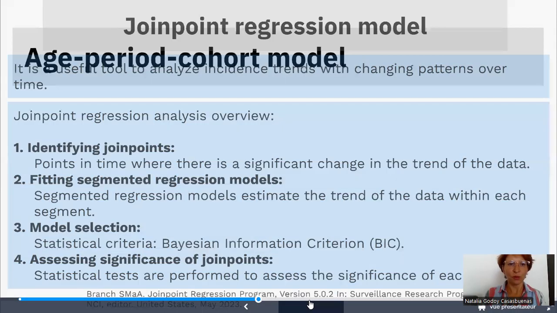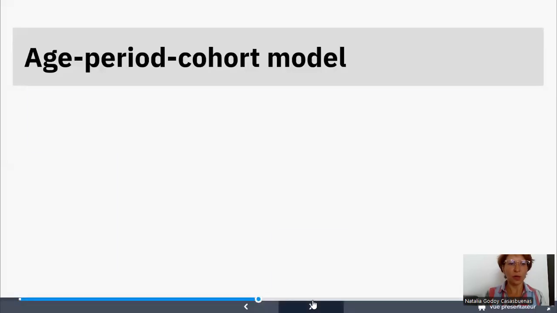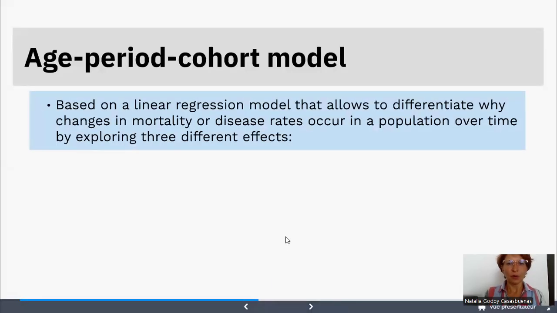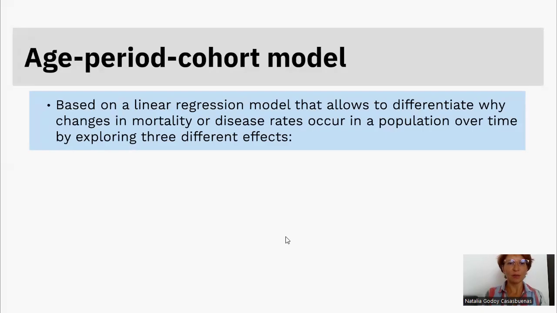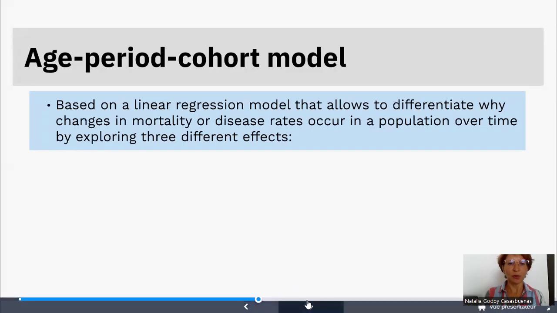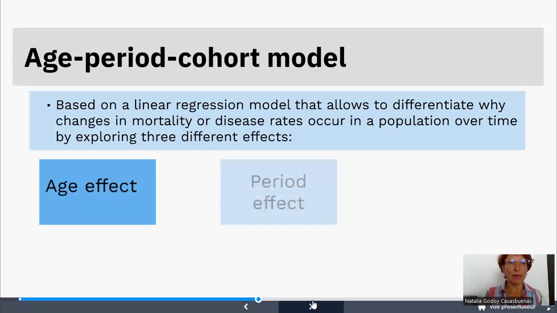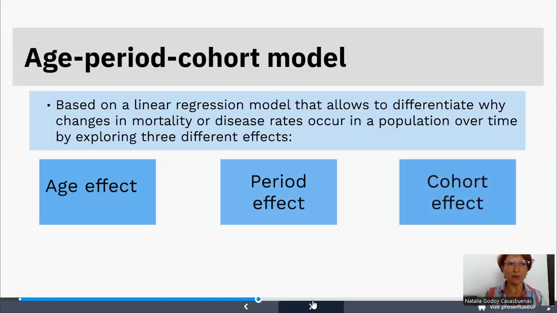The second method we used are age period cohort models, which are based on a linear regression model that allows to differentiate why changes in mortality or disease rates occur in a population over time by exploring 3 effects. First, age effect, which corresponds to variations associated with biological aging. Period effects, that corresponds to variations over time period that affects all age groups simultaneously, like wars, natural disasters, or pandemics. And cohort effects, that corresponds to changes across groups of individuals who experience an initial event, such as birth